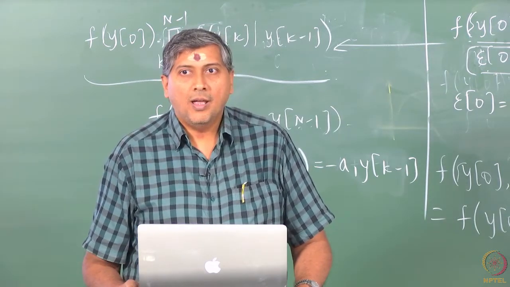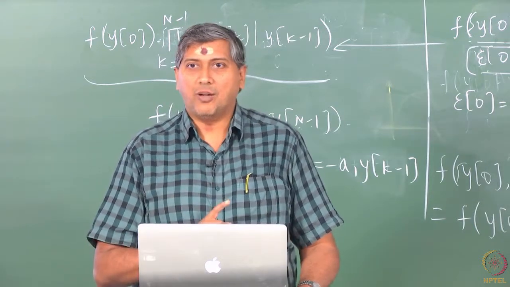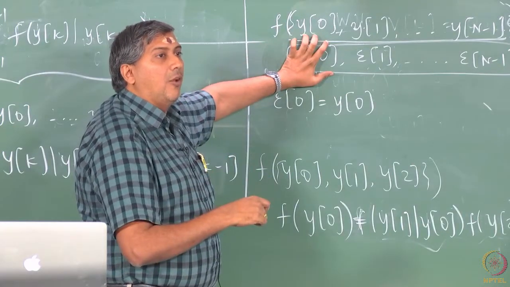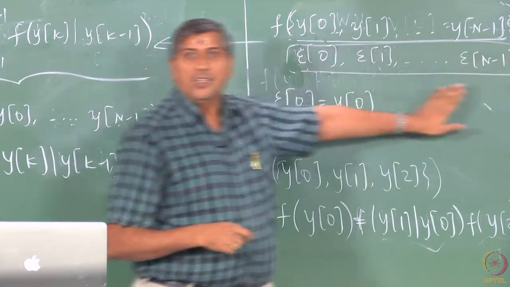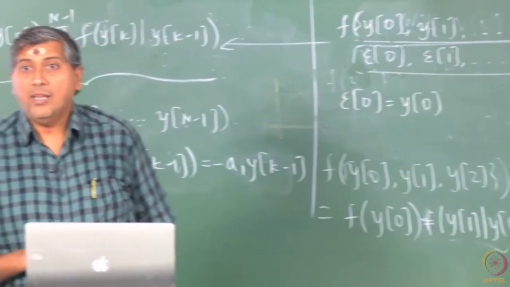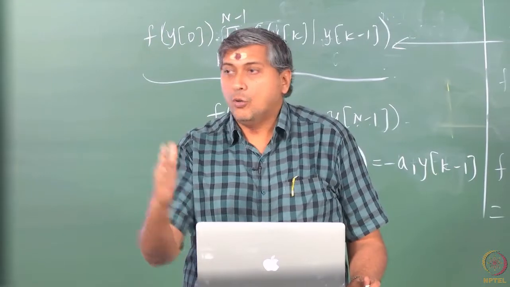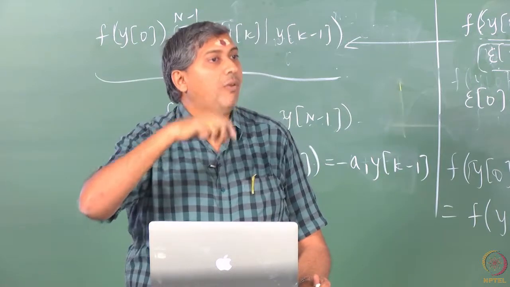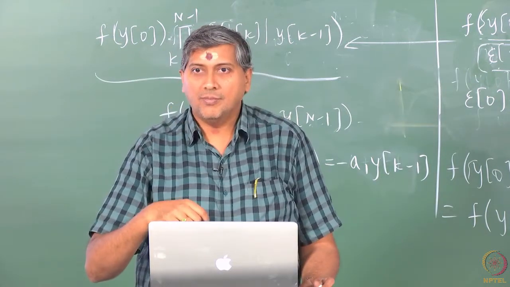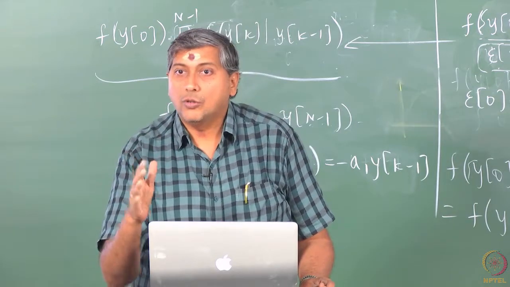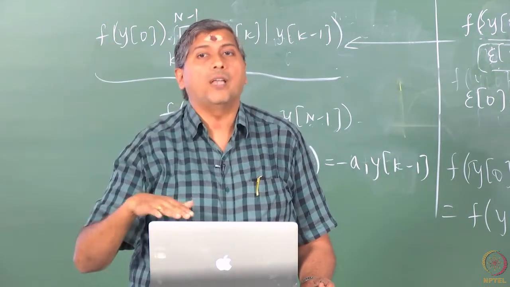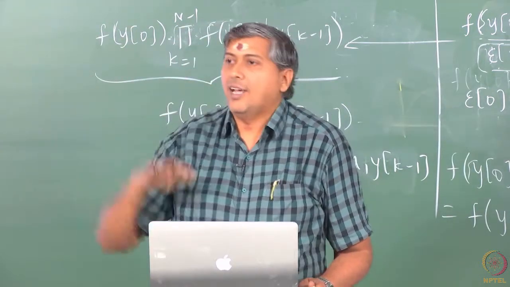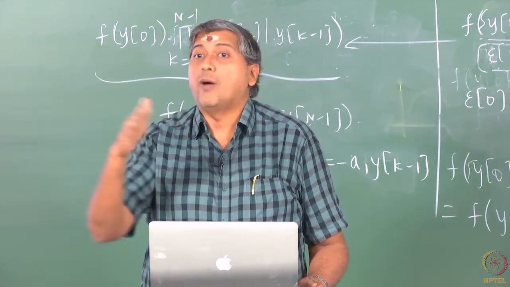Now I have given you the complete set of prediction errors, and now you can set up the least squares. But before you do, you have to understand that epsilon 0 alone has a different level of uncertainty in it compared to the rest. Why? Because epsilon 1, epsilon 2, up to epsilon n minus 1, those prediction errors have taken into account the past, whereas when it comes to epsilon 0 there is nothing in the past. So the error in your predictions at 0 is quite high compared to the predictions from 1 onwards.